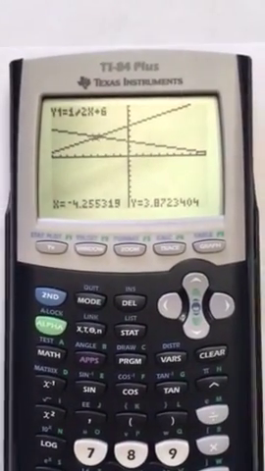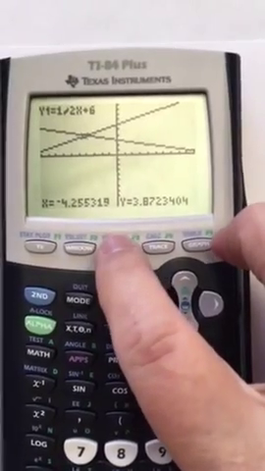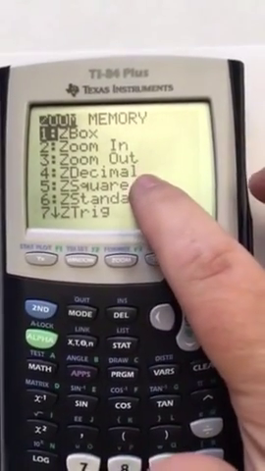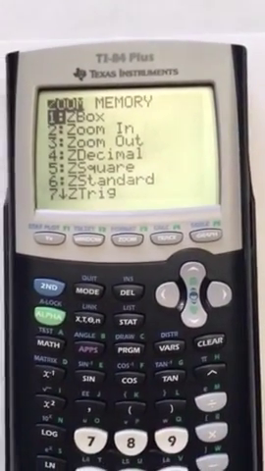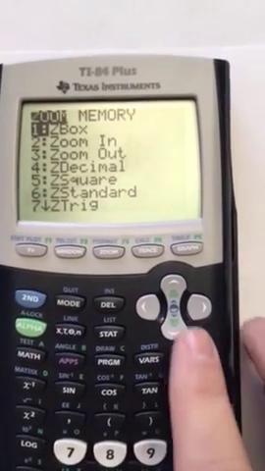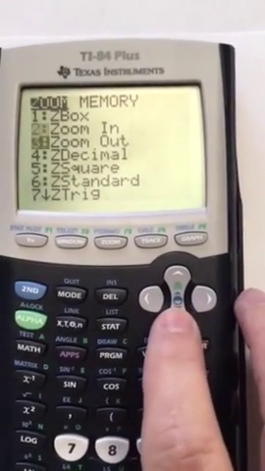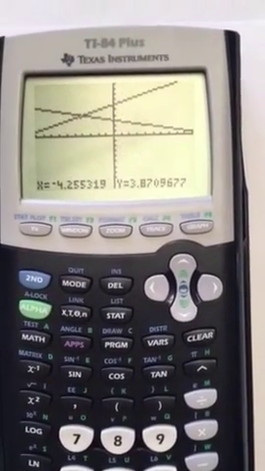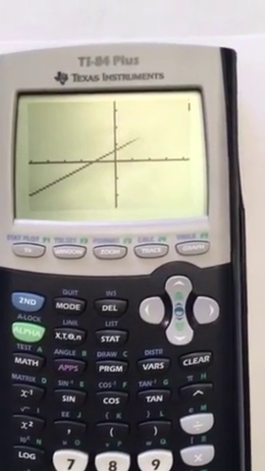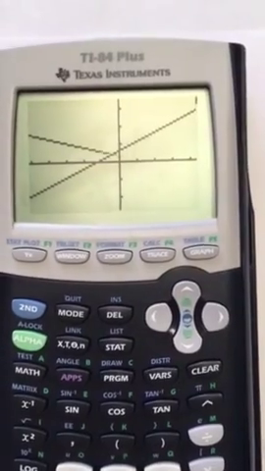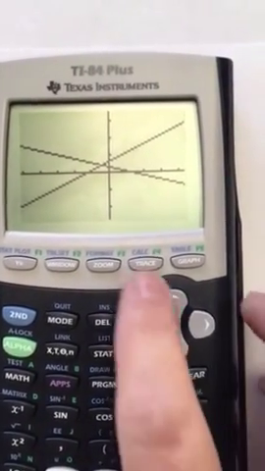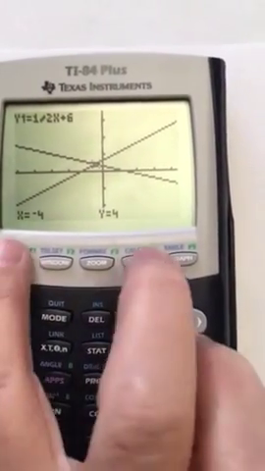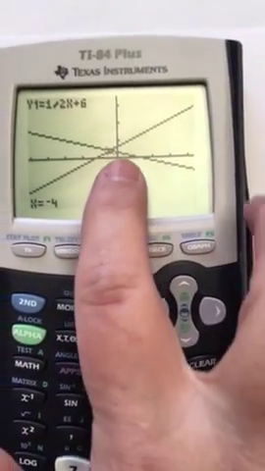To make sure of that, what I can also do is press zoom and go down to integer, because part of the problem with the trace is that it has all those decimals. So if I go down, there is a zoom integer. Press enter. You have to press enter again for it to take effect. And now when I press trace, notice I'm only getting integer values